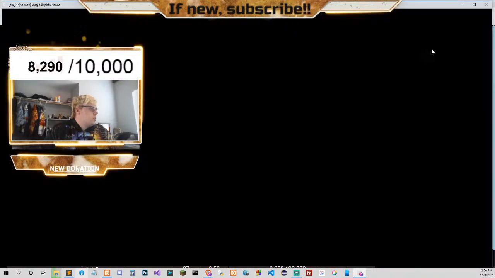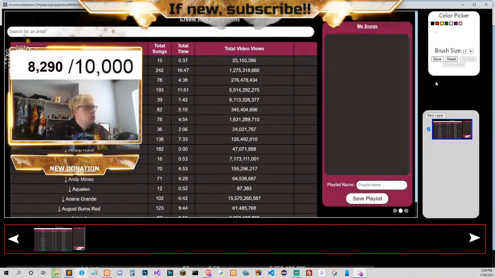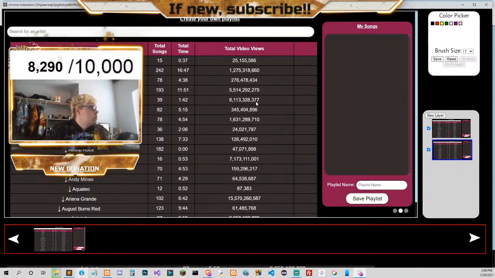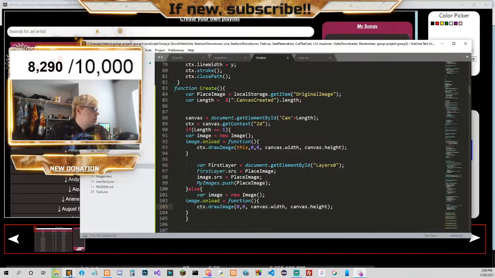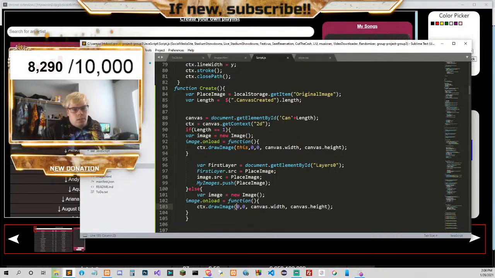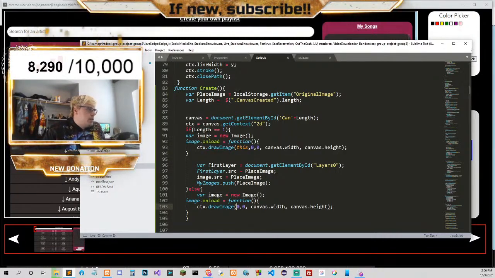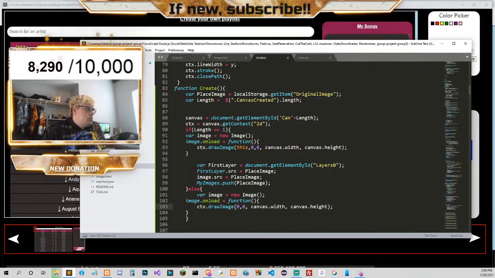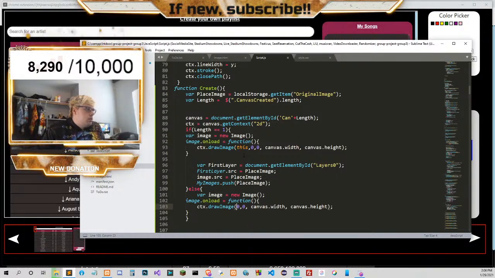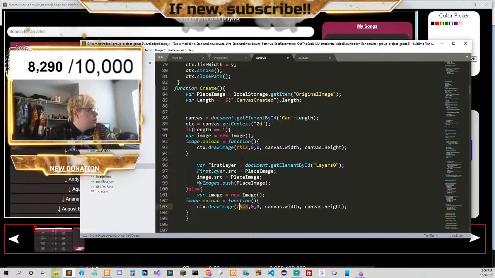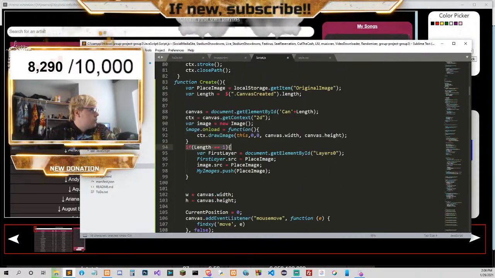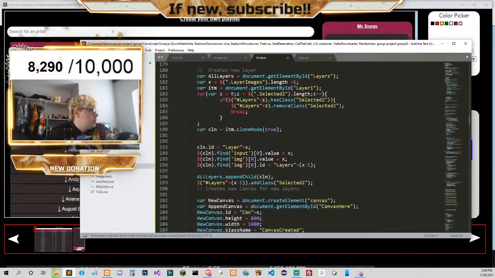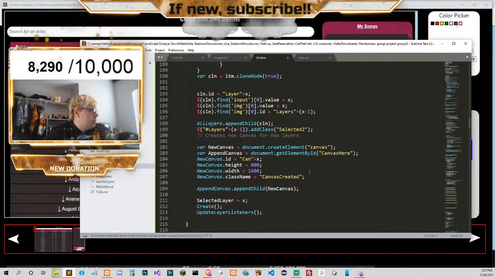And then it should work when I hit new layer. So new layer, when I hit create, it creates the, wait, I don't think this was the issue. No, it's not this. It's this down here. Create new layer of this.